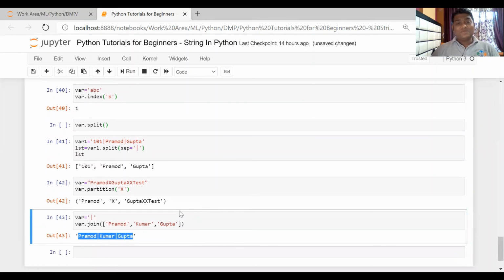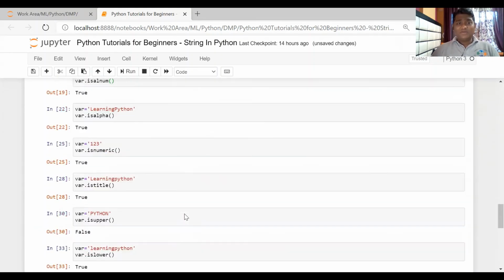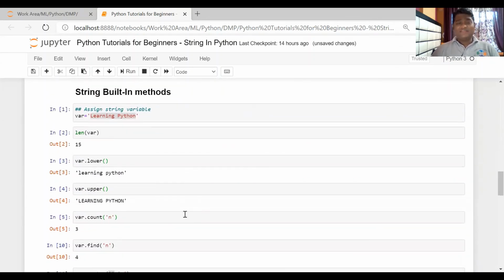So this is, I would say, all the built-in functions covered here for Python strings. This is not an exhaustive list. There are many more functions available, but these are the most useful ones which I have covered in my tutorial. You can always find many more in the Python documentation, which will help you out. I hope you understood whatever I have explained about the built-in methods available in Python, and these are very useful, so you should know about them.